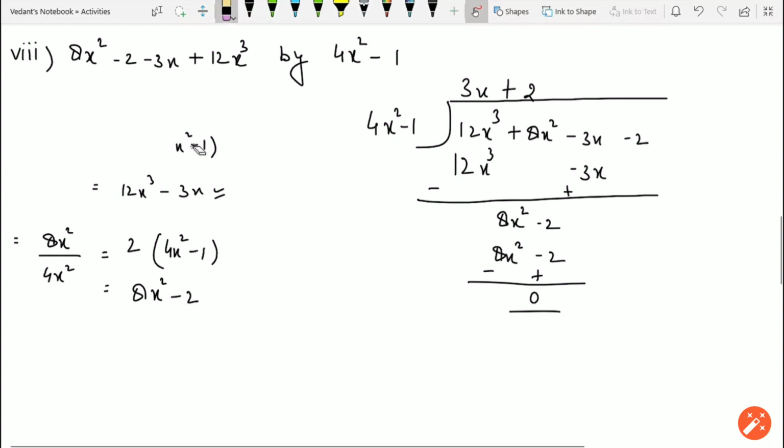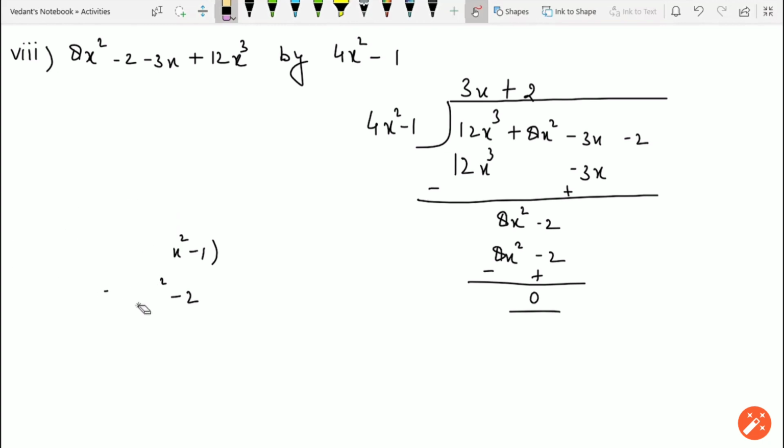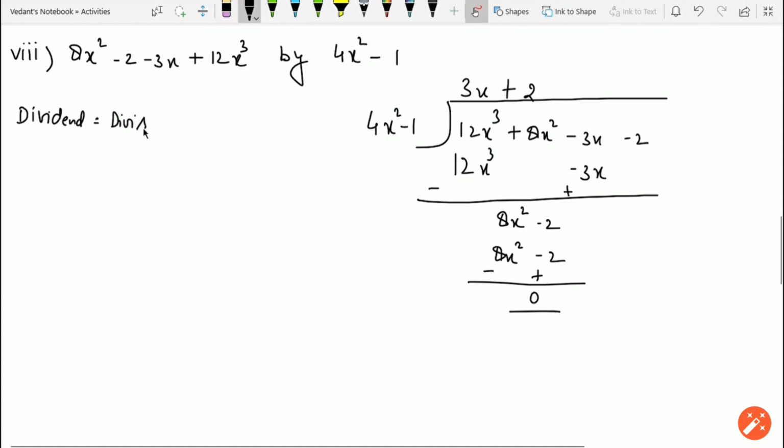Now we will check. In class 8 students, these type of questions are given in your worksheet. That's why I am trying to make you understand how to solve these type of questions. Dividend equal to divisor into quotient plus remainder. So write down here RHS 4x square